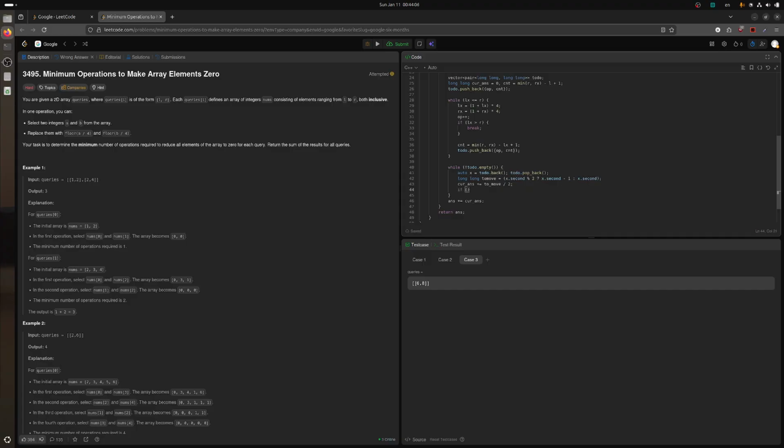So if x first, if it's over 1, no. If it's over 1, then it goes back, because if it's over 0, it's 1, and okay, so if it's over 1, then we want to add it. So